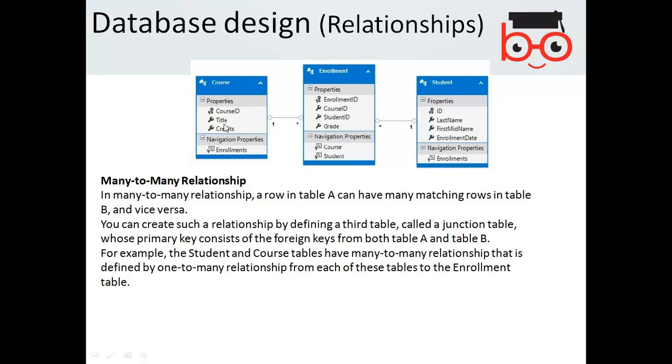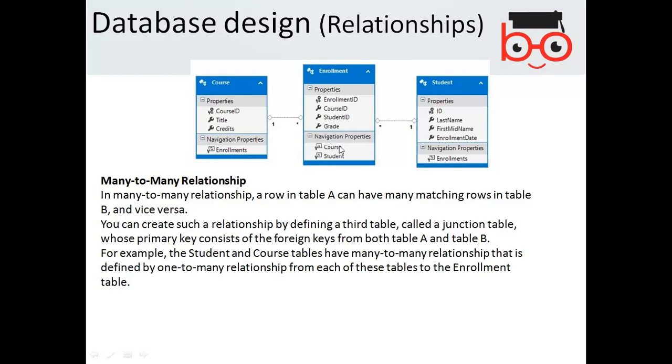Basically, if you look at the course table and the student table, if you wanted to create the relationship between course and student, having many relationships, then you cannot do this directly, but you will need to create an intermediary table which will hold the relationship for a relationship of one to many from one side and one to many from the other side.